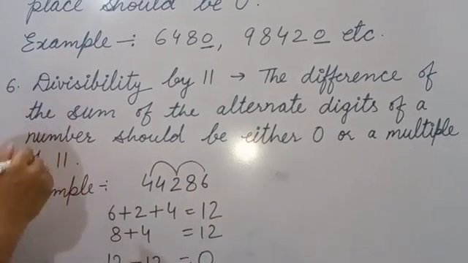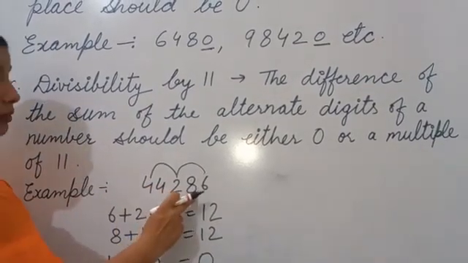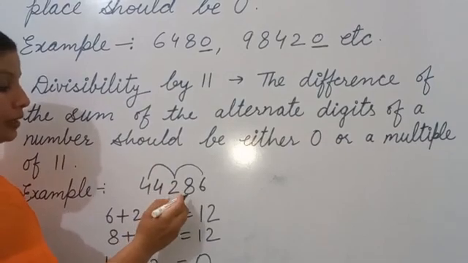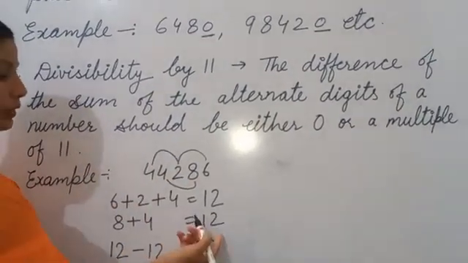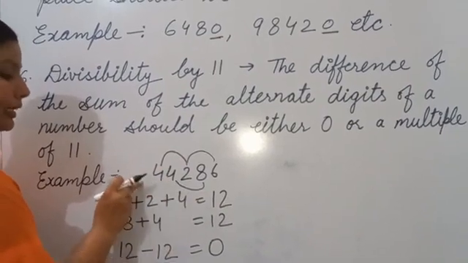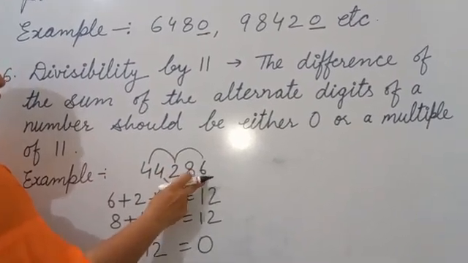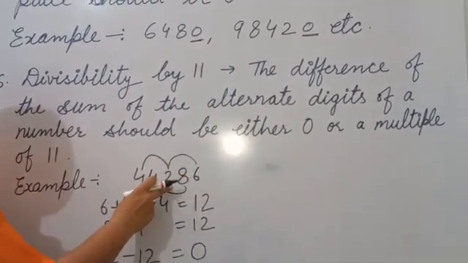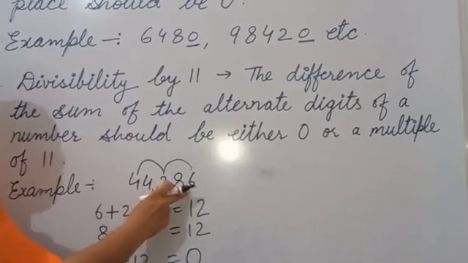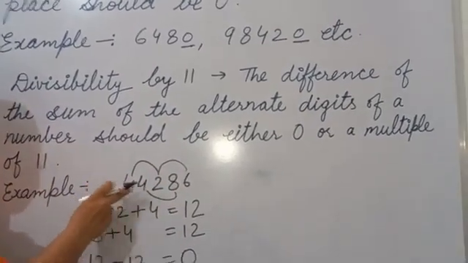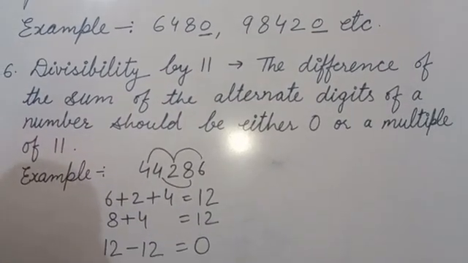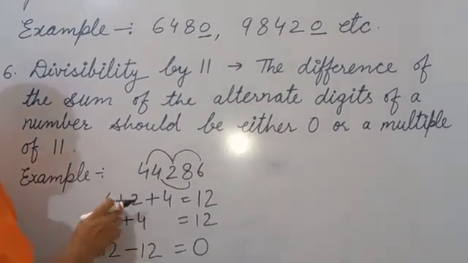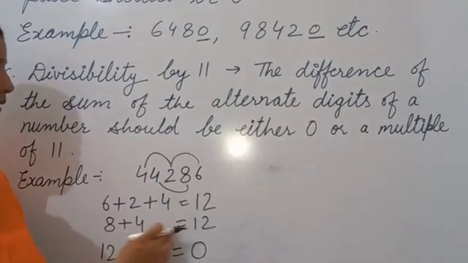Okay. Then next, we will take this 8 plus 4. Okay. 8 plus 4 is 12. If there are more digits, we will take those as well. Ones, then 100 column, then 10,000. Tens, then 1,000, then lakhs. Like this, one column we will skip and then we will add. Okay. Now this sum is 12, and 8 plus 4 is also 12.